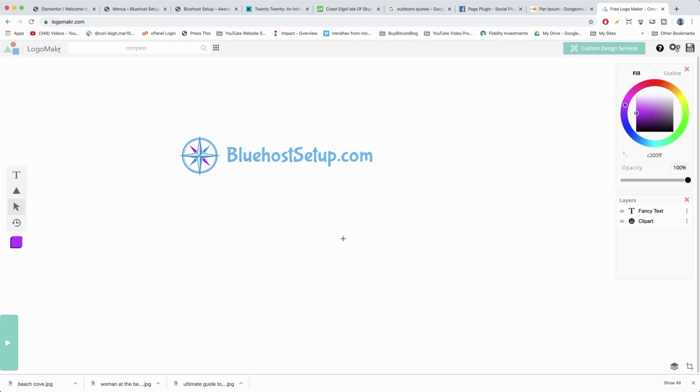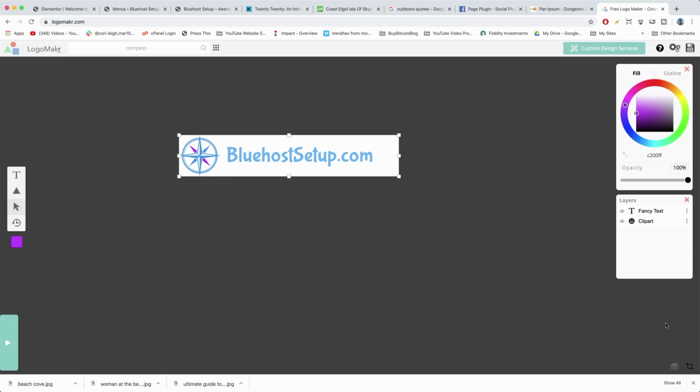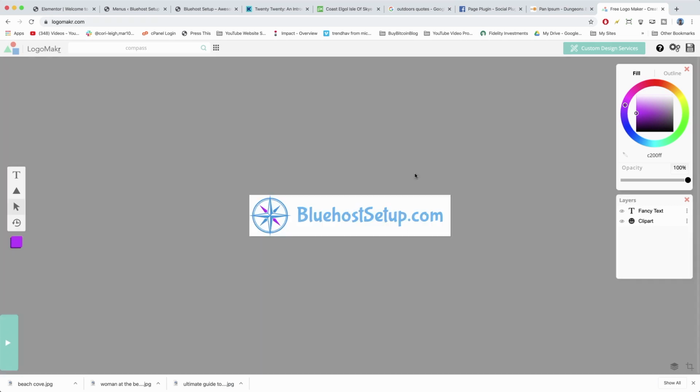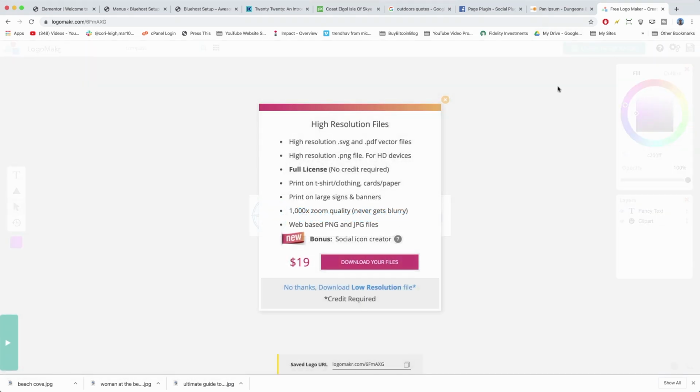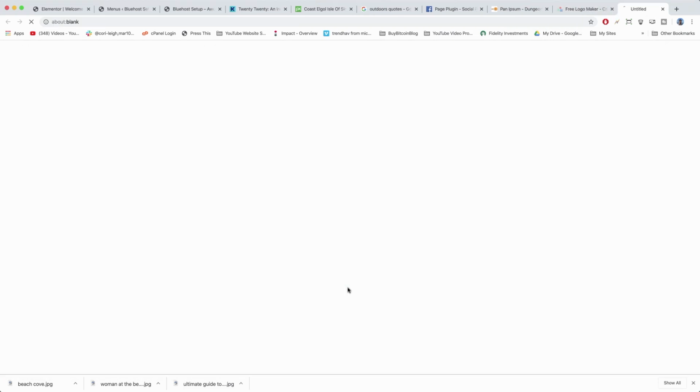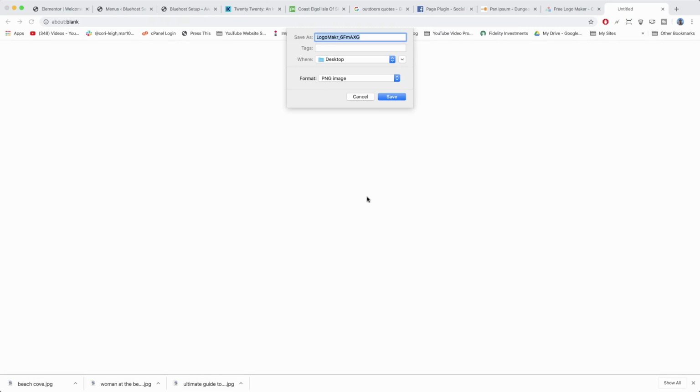Awesome. Once your image looks good, just click on the crop button in the lower right. It's going to guess how much white space you should give it, and you can bring that in so there's less white space around it. Then click on Enter to actually crop it, and click on the floppy disk in the upper right to save it. Now we're going to say no thanks to the low resolution. Make sure to give credit to logomaker.com, and now we're going to save it as Bluehost Setup Logo version 1